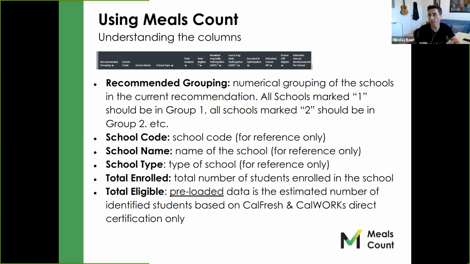And the type of school, again, that's not even for you guys. That's not going to be relevant. That was really kind of for California in terms of sorting out charter versus public schools. So a critical field would be total enrolled and total eligible. So those are the numbers that you filled in, and that should be shown in those columns. And that's going to be in there. And I have some California specific things here I forgot to strip out. But you should be able to figure that out for your state.